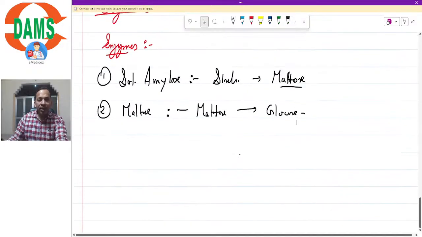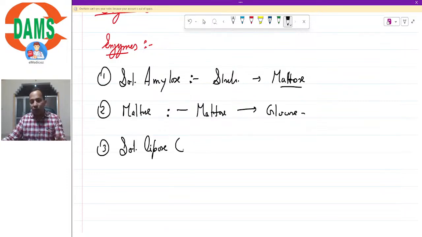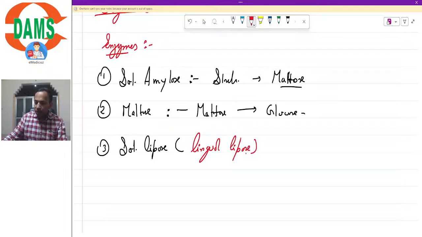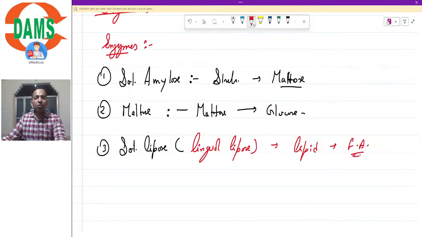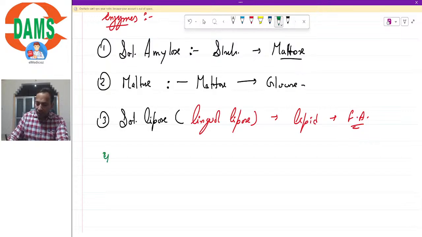Third enzyme is lipase, salivary lipase, and since it is mainly secreted by the sublingual gland, it is often called lingual lipase. And this lingual lipase, as the name suggests, will digest lipid molecules. It will convert them into fatty acids, isn't it? So these are some of the digestive enzymes that are found in the saliva. Apart from these, there are certain other enzymes as well, like lysozyme,